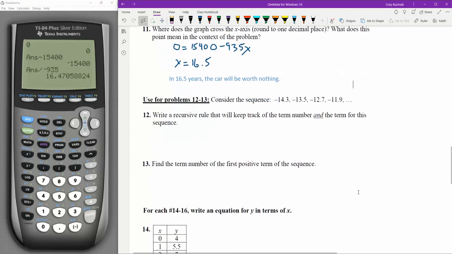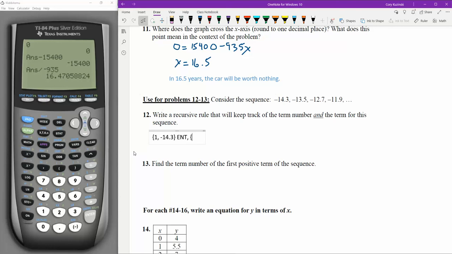Next up, we have the sequence here. It starts at negative 14.3. We're going to write a recursive rule to keep track of the term number and the term of the sequence. So there's something a little bit different about this. When we're talking about term numbers, we don't start at 0. This is the first term, negative 14.3. So I'm going to start at 1. The first term is negative 14.3. Hit enter. And then every term thereafter,